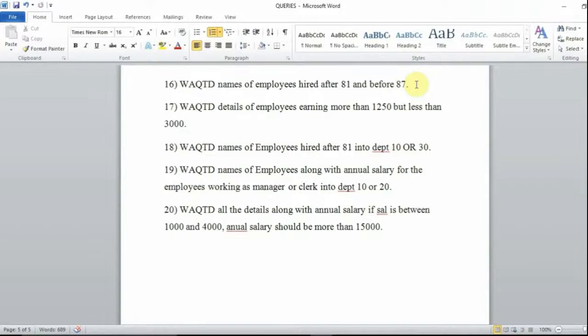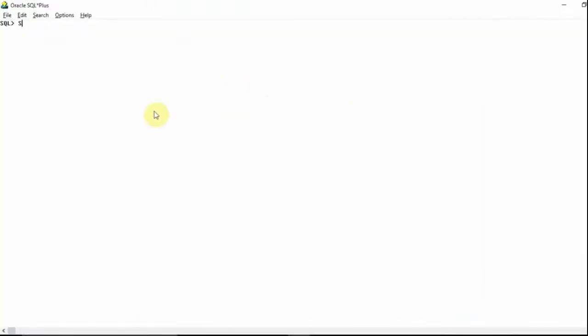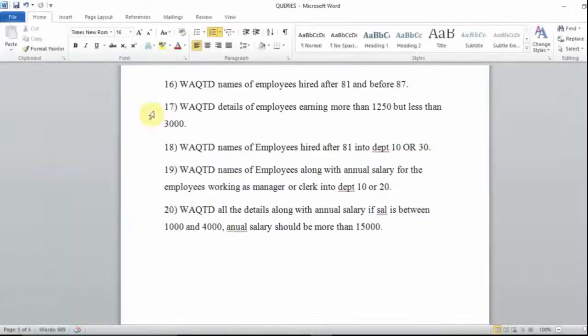Got it? Okay, so now I'll write the query, that is the 16th one. It is pretty simple if you understand, guys. So write a query to display names. First one is select ename from EMP, where the condition, first condition, hired after 81. So hired after 81 means